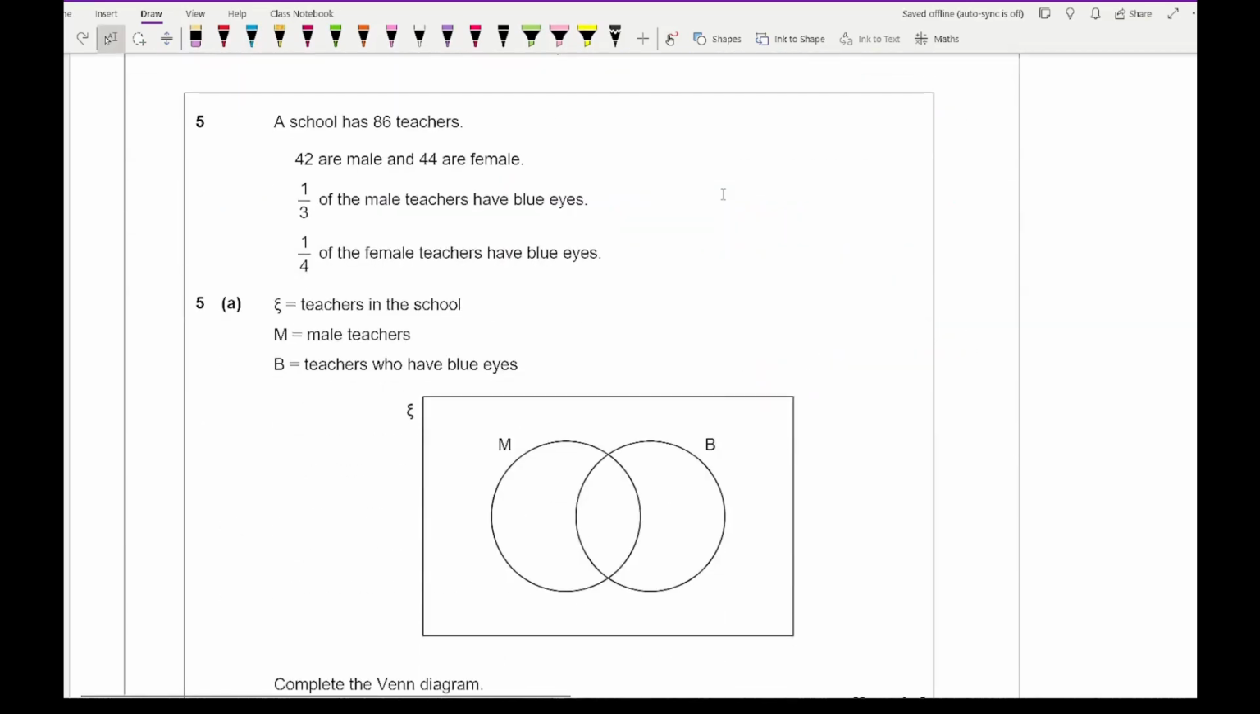Then moving on to question 5, it says that a school has 86 teachers, 42 are male and 44 are female. A third of the male teachers have blue eyes, a quarter of the female teachers have blue eyes, and the question is asking us to complete this Venn diagram. So let's first of all work out what each of the sections are going to be. So this section here